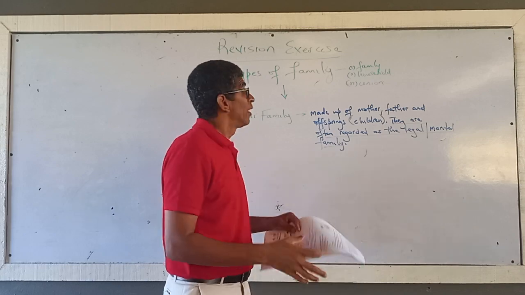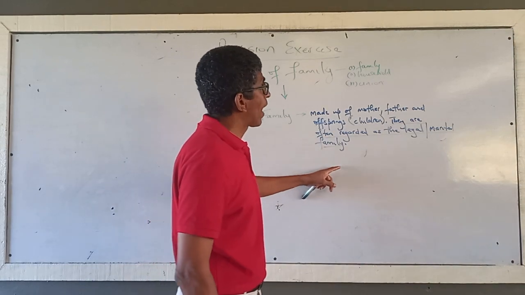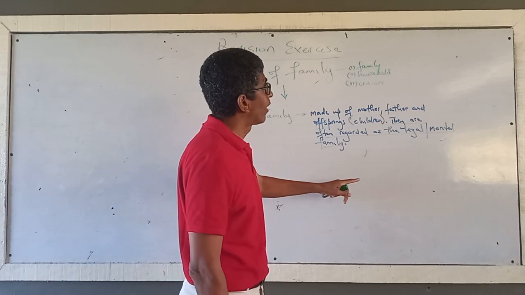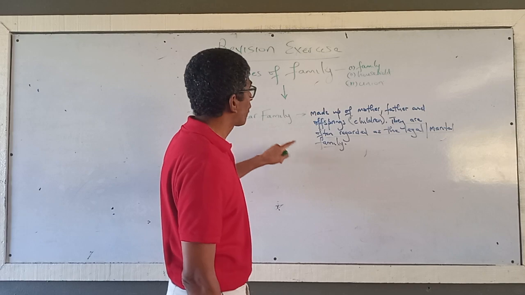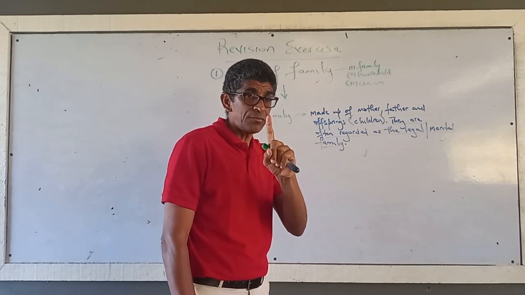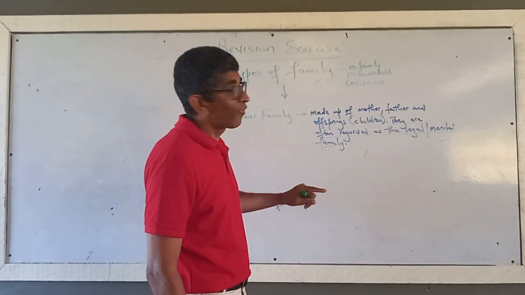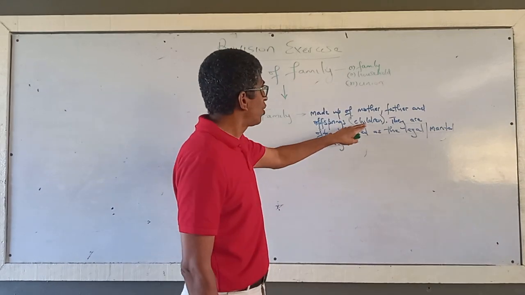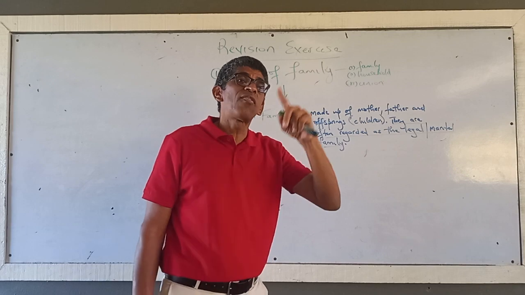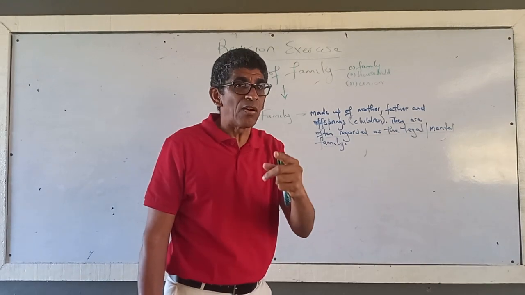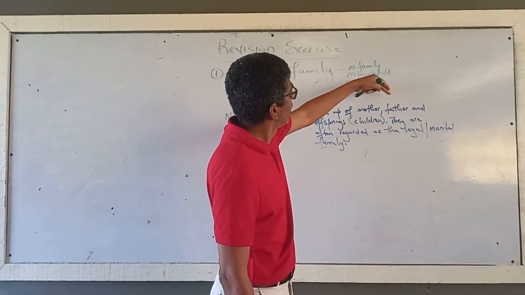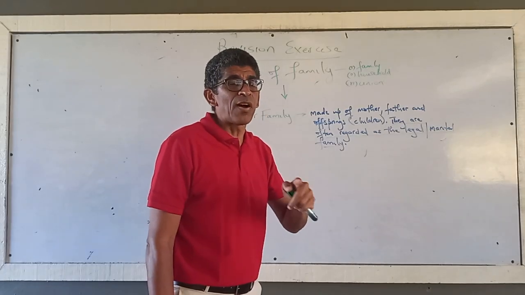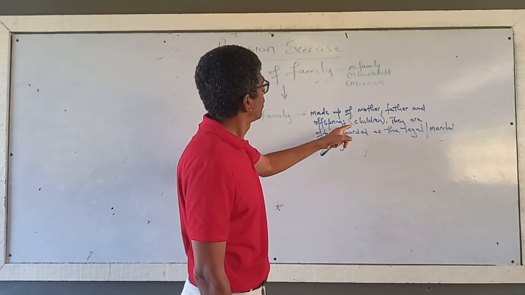say now. If you are asked to write or to list the types of families, the nuclear family is one type. But because the nuclear family consists of mother, father, and children, there are other types of family settings that you can think of that would consist of mother, father, and children. Even if the mother, father, and children are